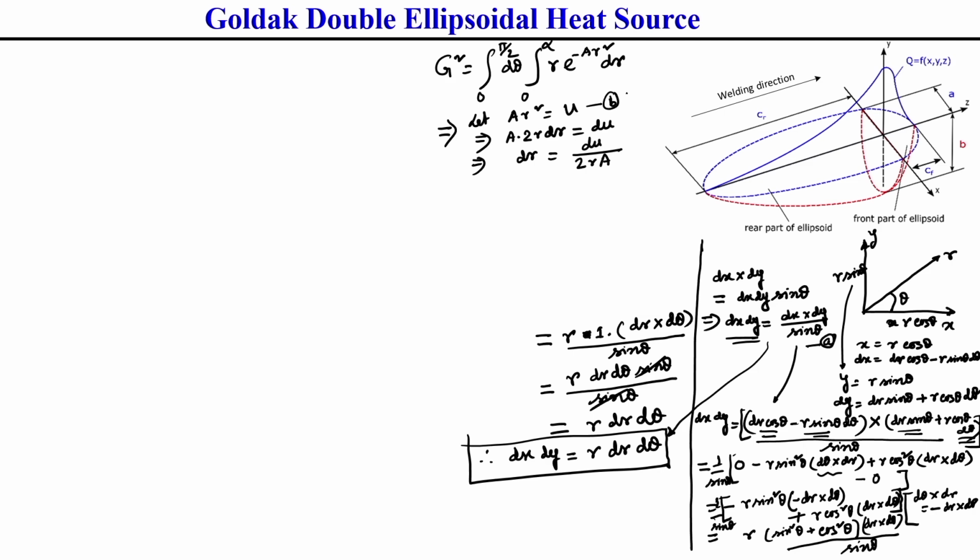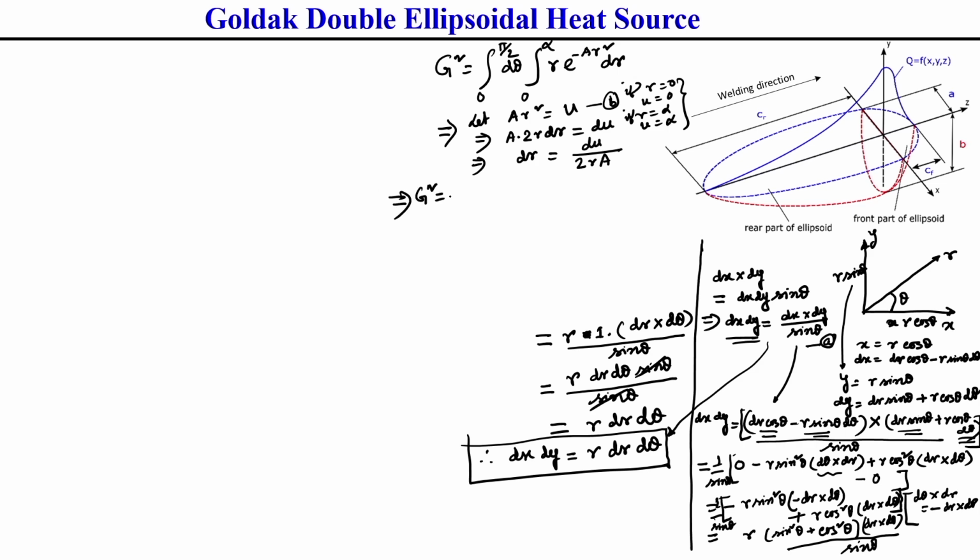Here you can get, if r is equal to 0, u equal to 0, the limit also you can give, if r is equal to infinity, u is also equal to infinity. You can get this from equation b itself, how this limit is coming. So, I am putting this here. What are the g square you are getting?